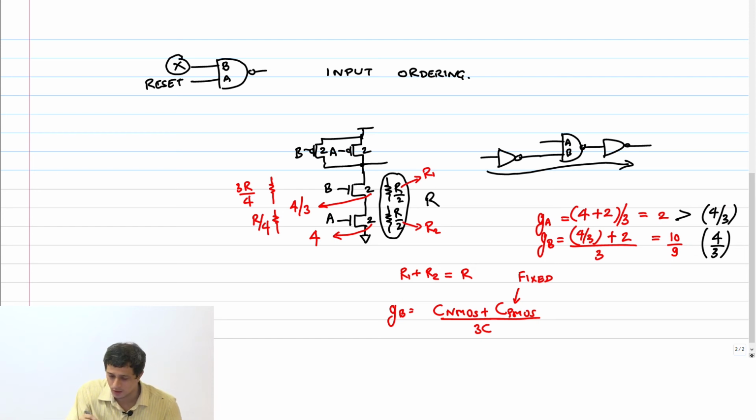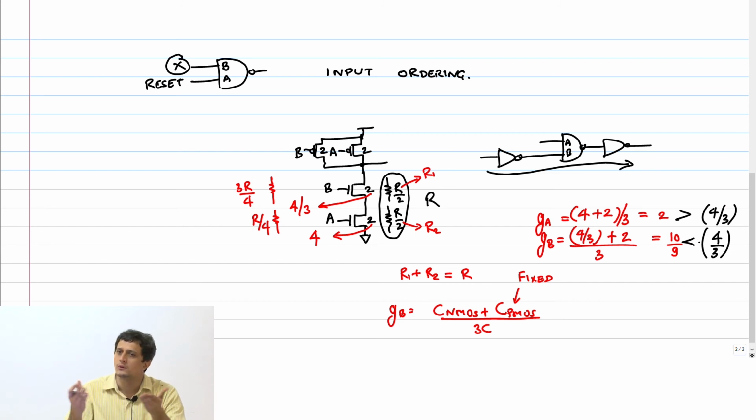However, this is less than this. So this is called an asymmetric gate, because the two inputs are not symmetric any longer. They have different sizes and therefore different logical efforts. Right? So the same example that you take where you have a reset connecting to this, I will not only ensure that the reset is connected to the bottom transistor and the signal is connected to the top transistor, I will make the gate asymmetric, not skew it. I will make the gate asymmetric by sizing it like this.